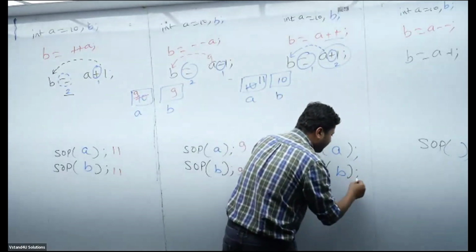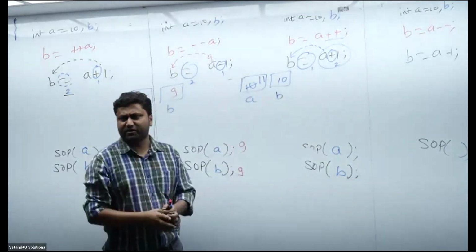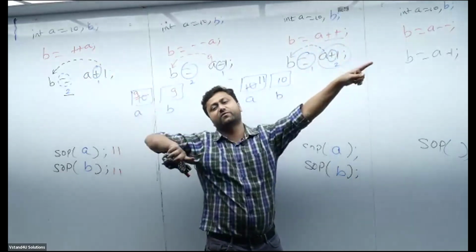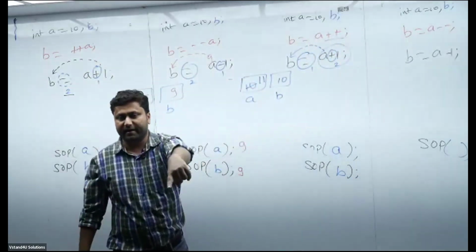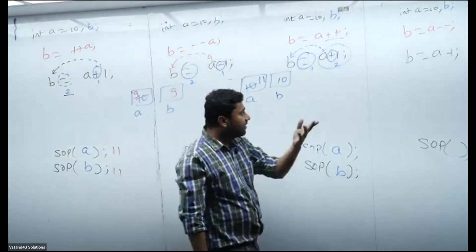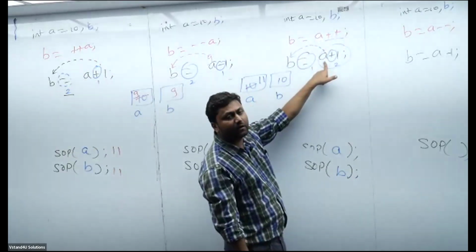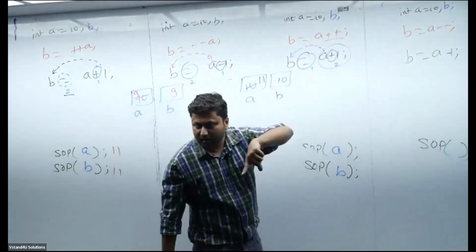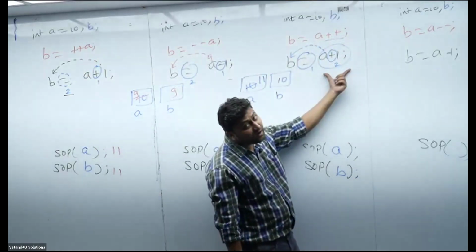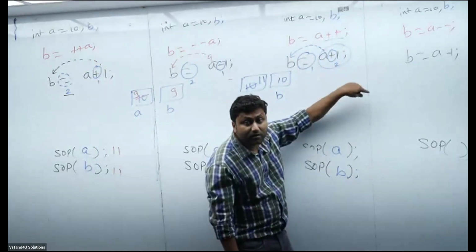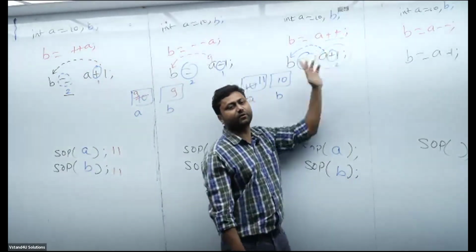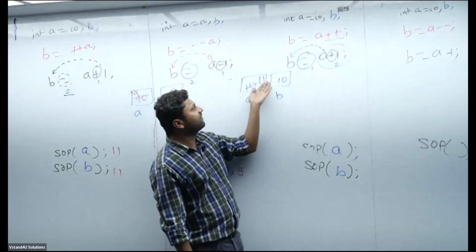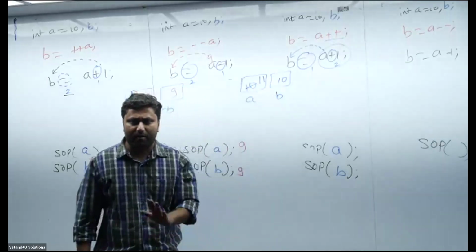Sir, the funda is simple. If post incrementation, it means first you do assignment, and the incrementation will happen later. Getting my point? Everybody, first you do assignment. The current value of A, 10, will be assigned to B. B becomes clear. But did you do the incrementation part? Should I do it? Yes, sir. So A will be incremented to 11. Agree, na? Am I clear?